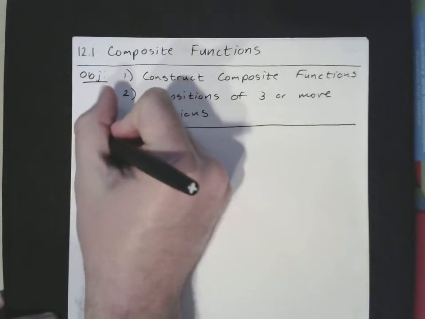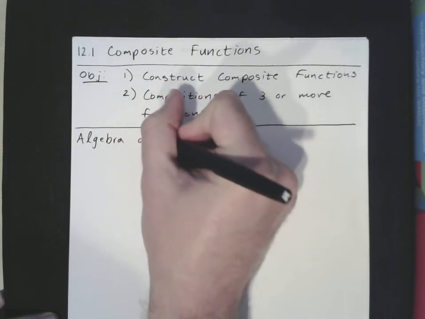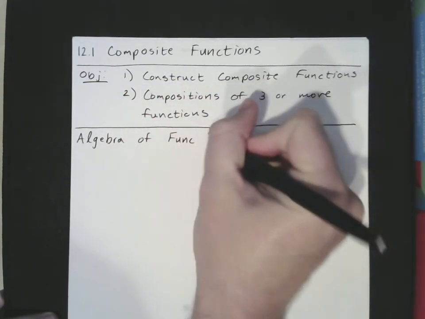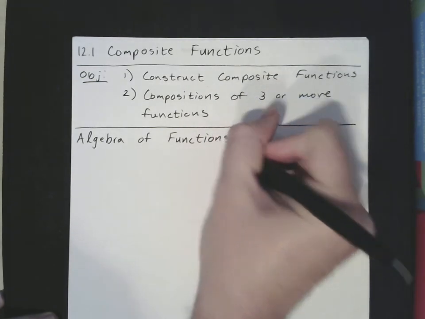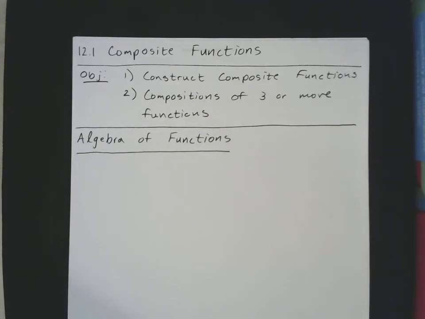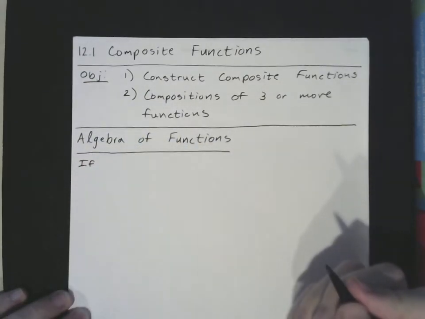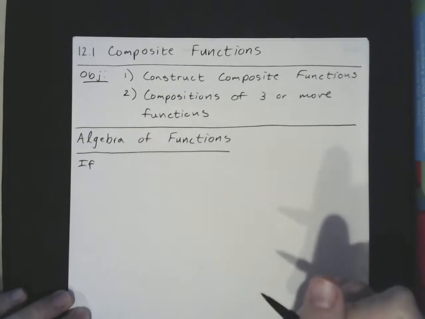So before we launch into compositions specifically, we're going to talk a little bit about the algebra of functions. Now we're used to doing algebra with numbers, with variables, and now compositions are a special operation that functions get. So we just want to look at the other operations that functions have. Now we've done all of these in one way or another. In this class and in your previous math classes, you've done these. You just maybe didn't know that you're thinking about them or should be thinking about them as algebra and functions